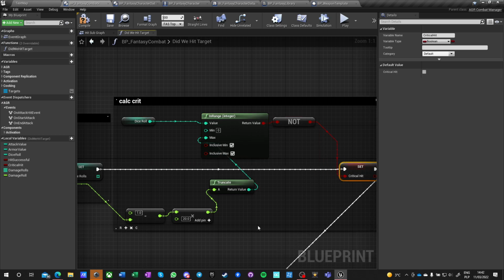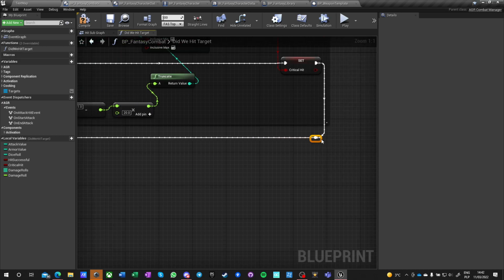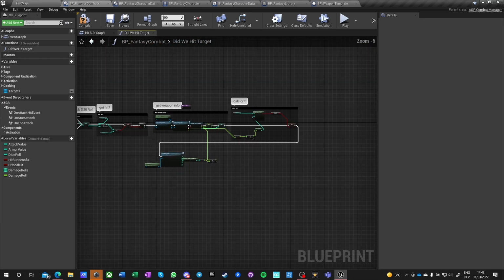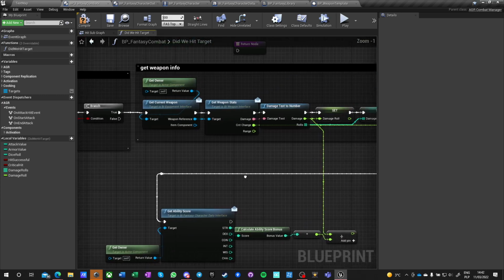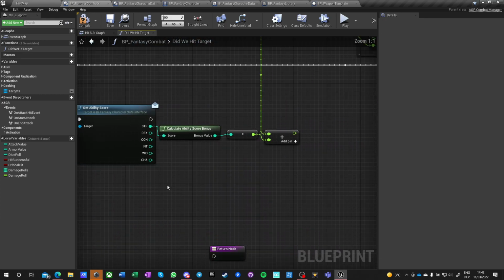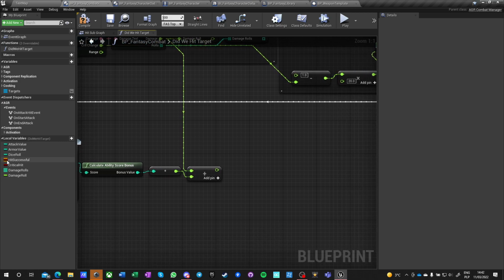And it's already a giant spaghetti monster, but we need to do all this to have proper information that we want. And now we got strength, ability score, we added to the damage, and this is the final damage, and then